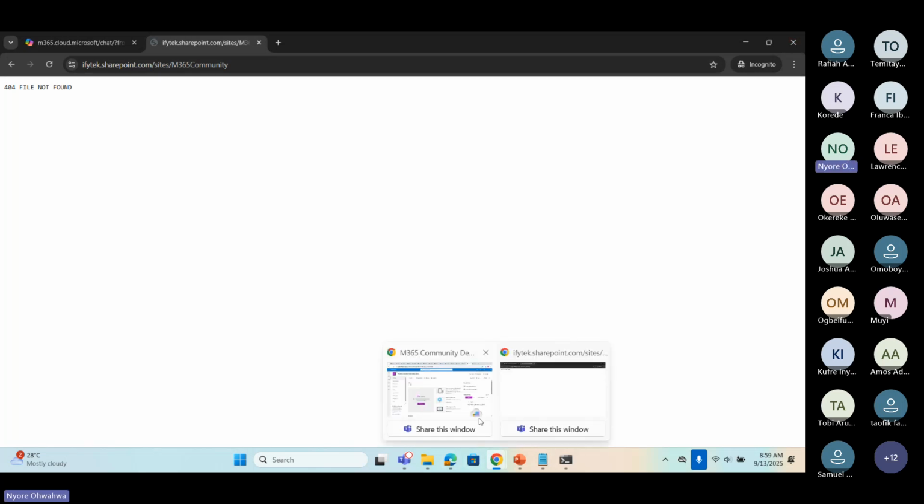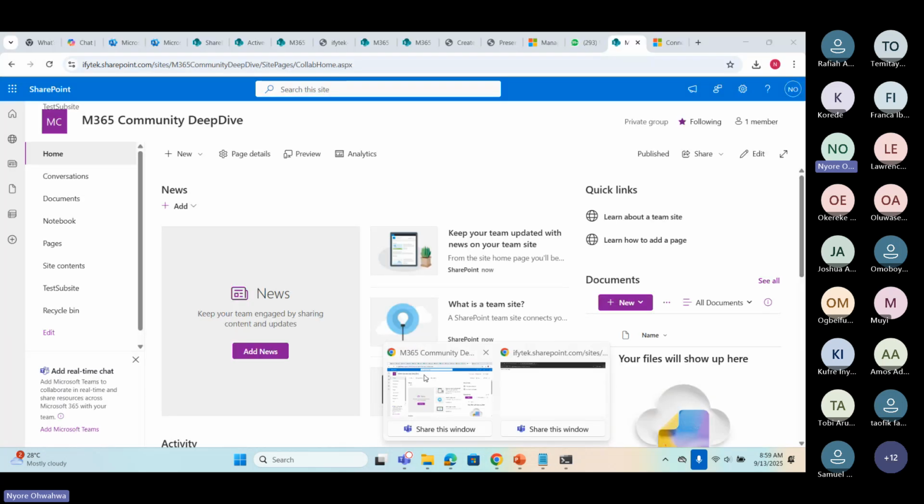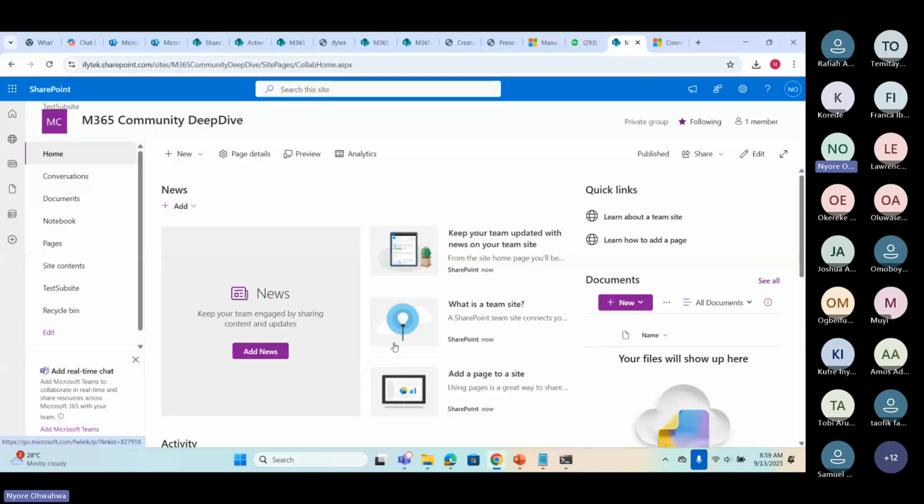Also, just to show what happens, sometimes when you are troubleshooting a SharePoint case, not just a SharePoint case, any case at all or any Office 365 application, that's something you should note. When you have done something and you are not seeing the results immediately, it might be cache at that point, so you might want to log into a private window and quickly see if what you have done has worked or if the issue you're having is cache.